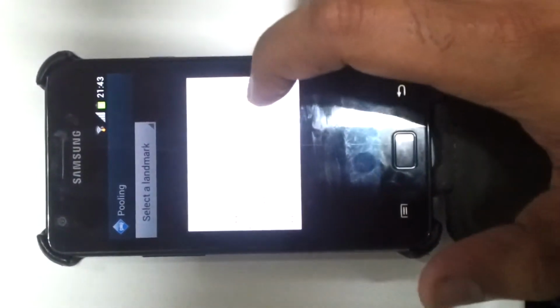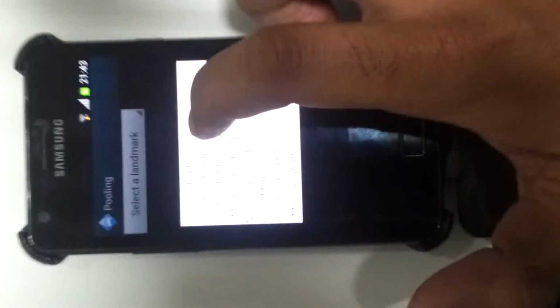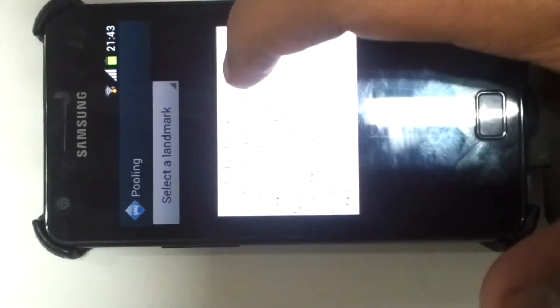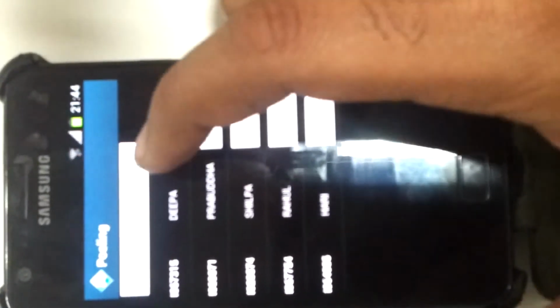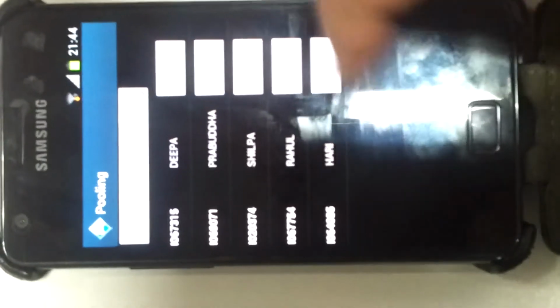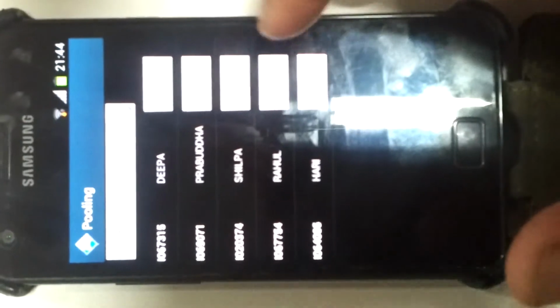Now these are the landmarks which are available. He can select one of these landmarks. He selects 100 feet Indira Nagar. Here he can see all the employees who live in this nearby area. So now he can send a text message to them that he wants to carpool with them. He sends a text message to the person. Now the app asks for the SAP ID as well as a verification code.